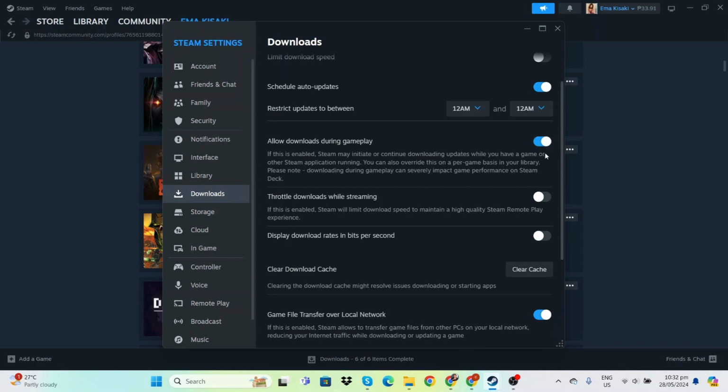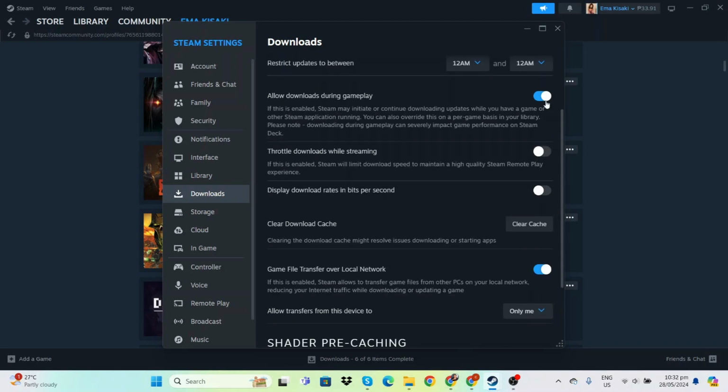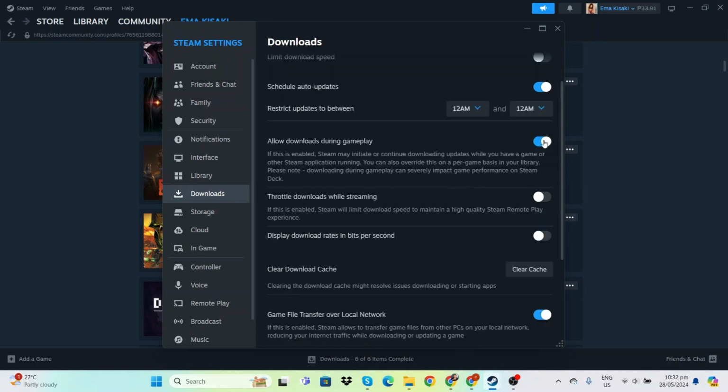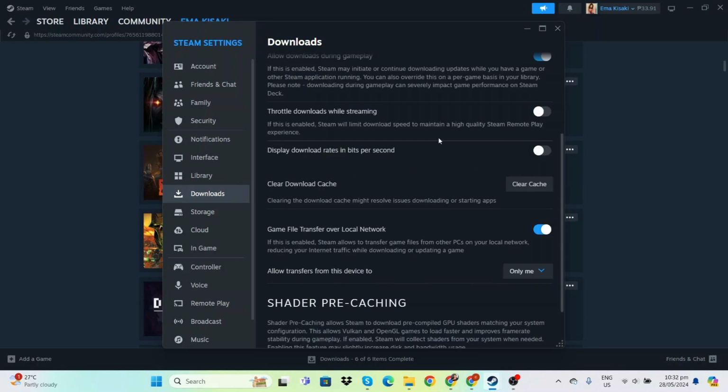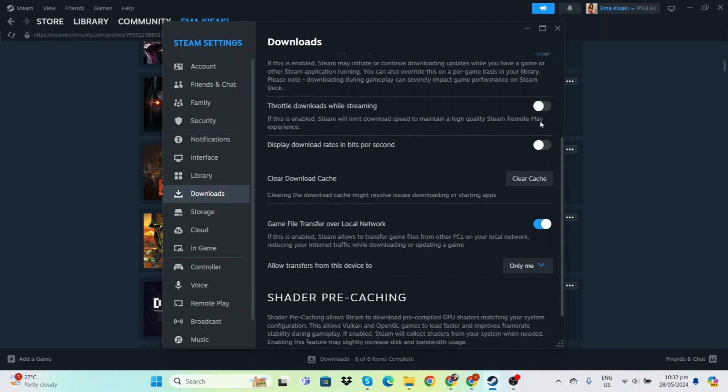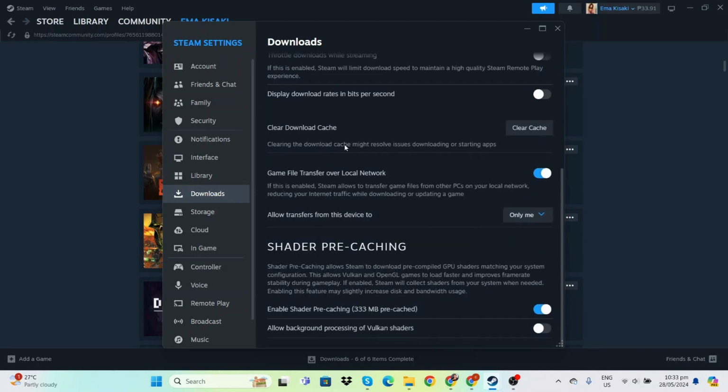That's why if you're downloading a larger game and then you decide to play another, you'll notice that it pauses. You'd have to alt tab out just so you can continue, but this is so that you don't have to go and do that. Also turn off the throttle downloads while streaming in case you're a streamer,